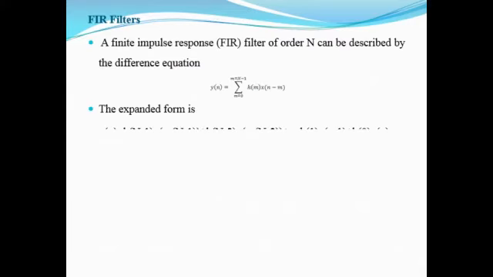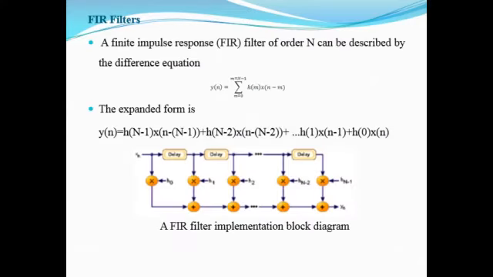Then similarly with the FIR filter, a finite impulse response filter is given by a difference equation which is already known, and we are going to represent it in terms of a block diagram by considering some delay elements and the multipliers along with the filter coefficients which get multiplied with the signal x. One is we require h, one is we require x. Then we multiply them, and after multiplying we add them, and the sum of those products will be the result y of n. So that is what we normally do.